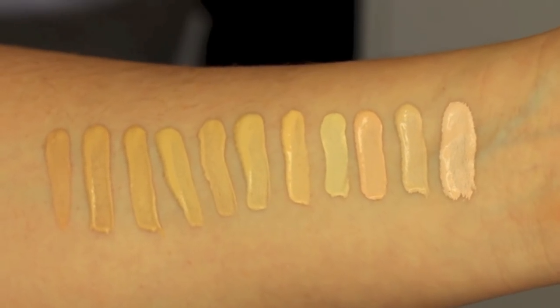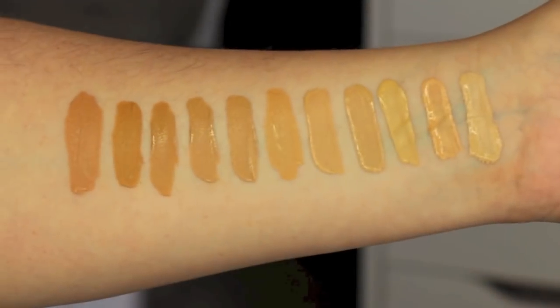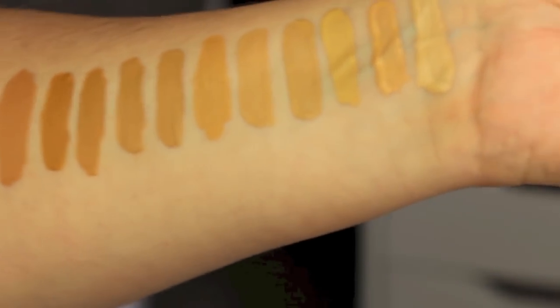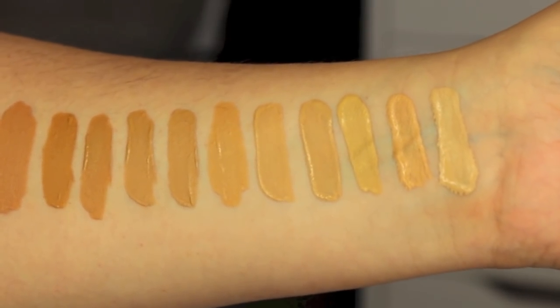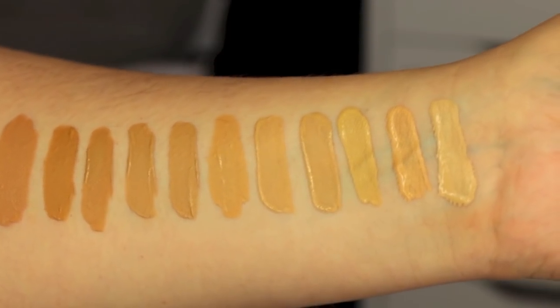Now I'm going to move on to the middle row, which is a little bit more medium to tan shades. Okay, again, these are the medium to tan shades. Oh, I gotta reach behind me. Okay, let me read them starting at my wrist. The lightest shade is Santa Fe, which is medium 2, Sahil, which is medium 2.5, Stromboli, medium 3,